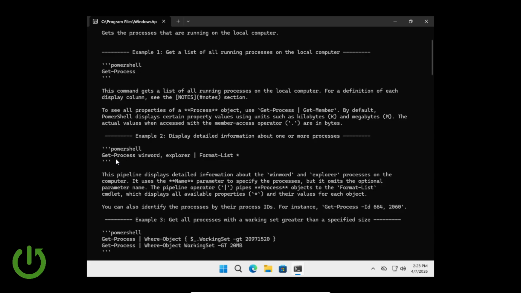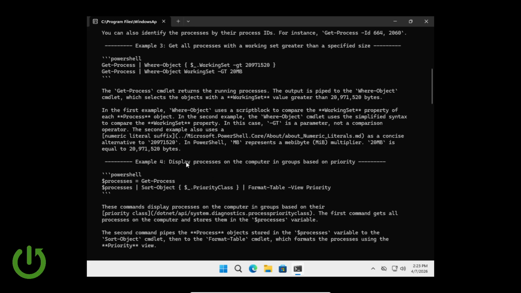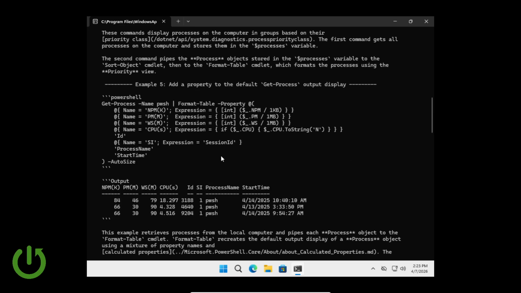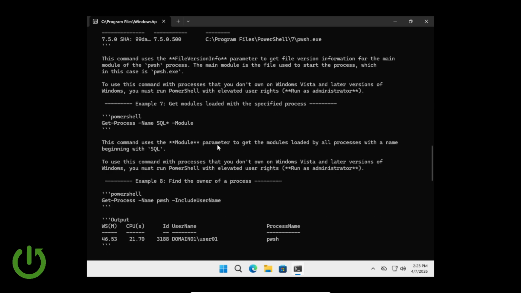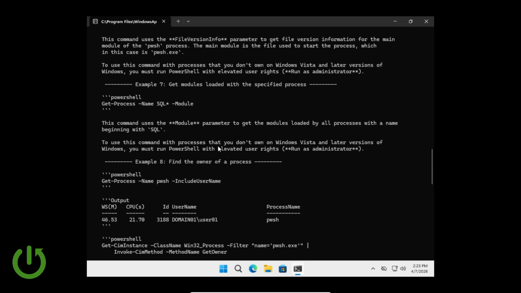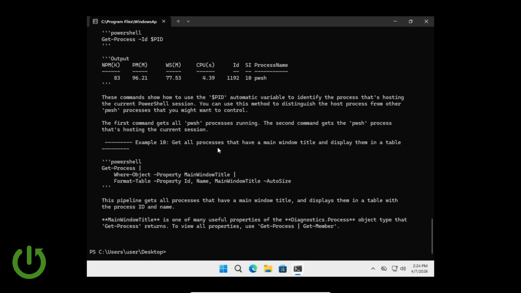And you can just use this command: Get-Process WinWord, Explorer | Format-List. This is very important. And you have a lot of processes, a lot of descriptions, and this is how you can learn to use a command if you don't know how to use it. And I think one more thing that is very important, that you can actually